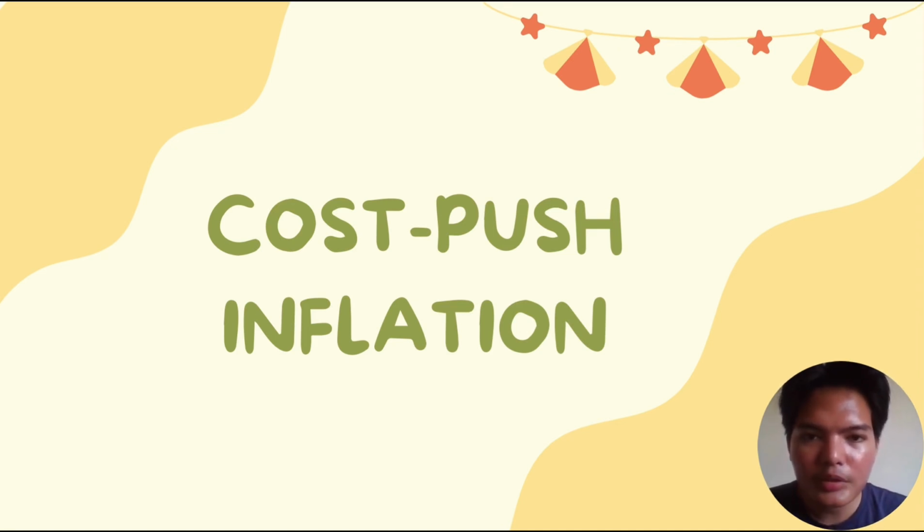Additionally, cost push inflation happens when the cost of production increases, leading to higher prices for finished goods and services. The article provides an example from the East Asian economic crisis of 1997 until 1998, where Malaysia experienced a sudden fall in the value of the ringgit, leading to increased production costs and inflation soaring to 5.3% in 1998.